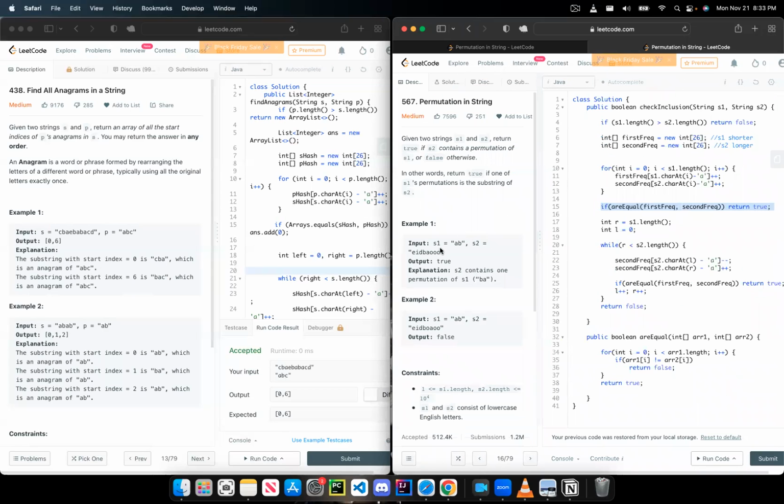So after having checked the first window and checking the validity of that window, what we're doing is the right pointer, that's when we start the sliding window technique. And the right pointer needs to start from, the next window that we would look at is this one here, like this, right? So coming into the while loop, the right pointer is on the character that,